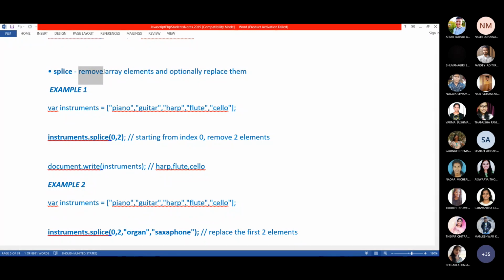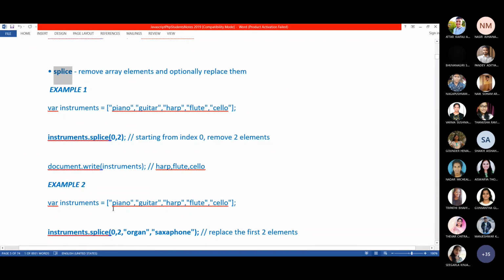Our intention is to remove some elements and at the same time replace some elements in that removed position. Then we will use splice. So splice performs two operations: it removes the given array elements, and optionally it replaces them with the given elements.